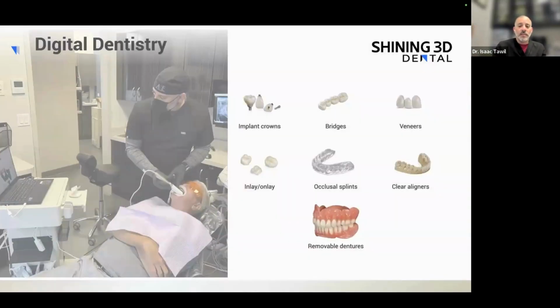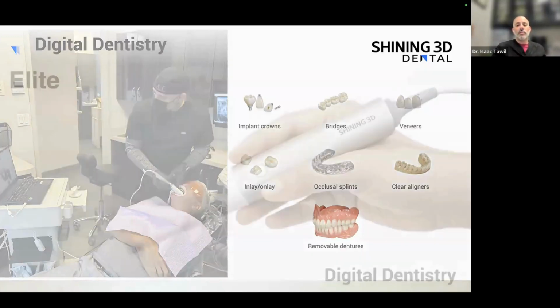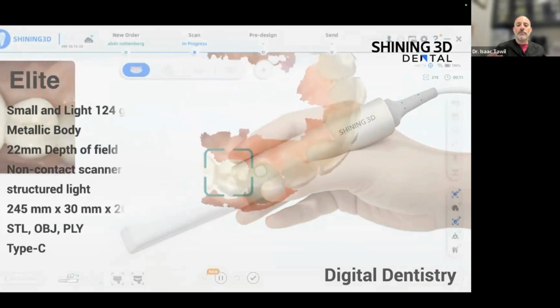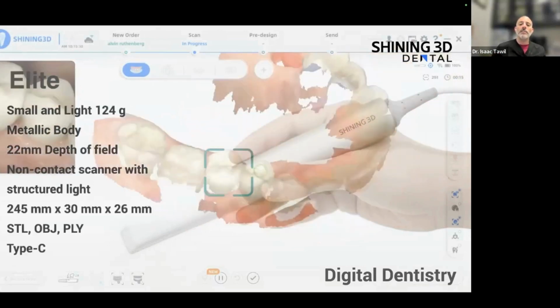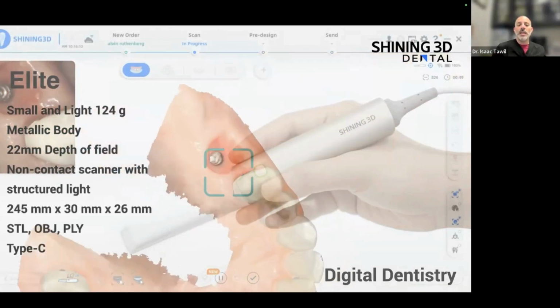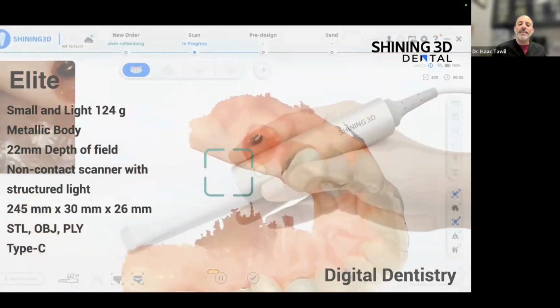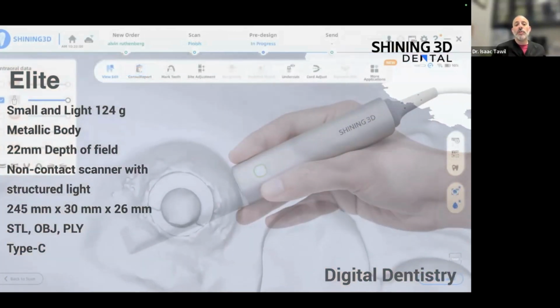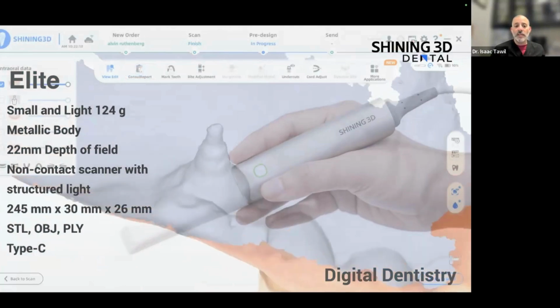In my opinion, it is the best scanner, but I am biased, so take that with a grain of salt. But we can do a lot of amazing things. We can do all the basics that we need when it comes to intraoral scanning. We have the Elite scanner. It has a really, really impressive form factor to it. It's lightweight. It's the lightest scanner on the market. It's a metallic frame. We can get very, very deep into hard areas. So this is showing an implant super deep, but imagine trying to get those deep margins for single crowns.